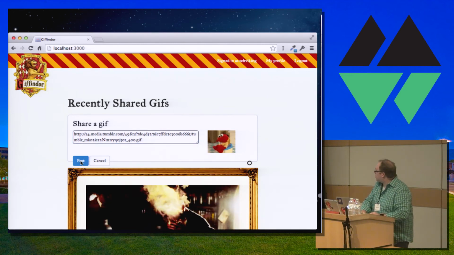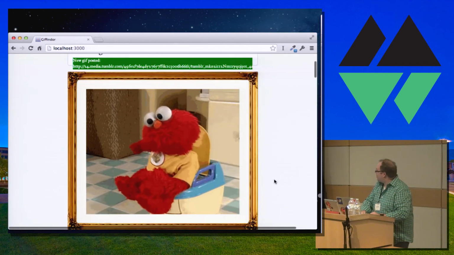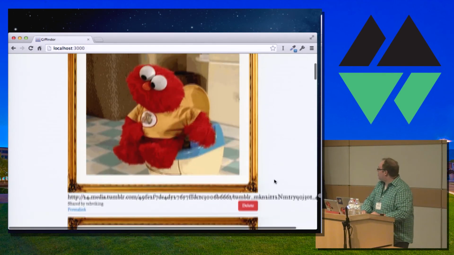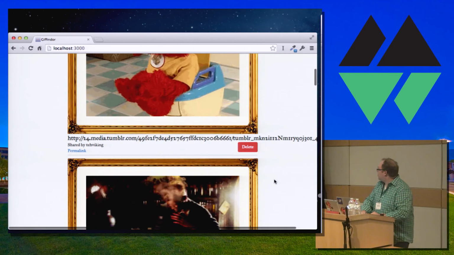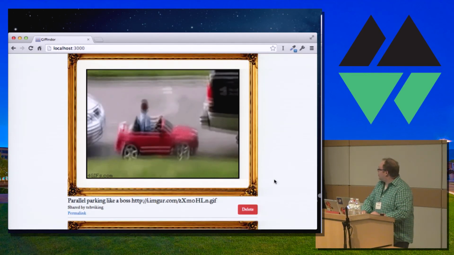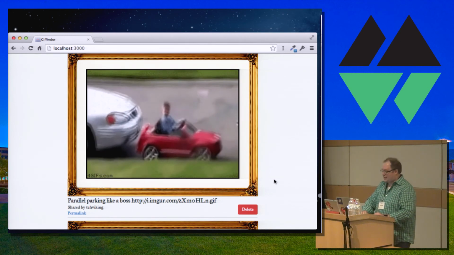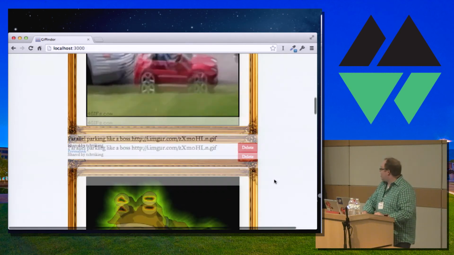Oh, got some CSS bug. This is from Liz. Thank you, Liz. I think this is wonderful. And this one's pretty sweet. This kid is really cool at parallel parking. Sorry, I will do this all day if you guys don't stop me.